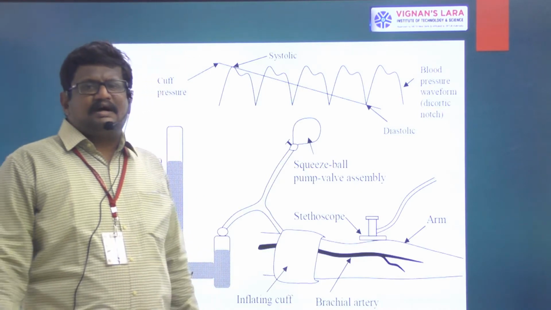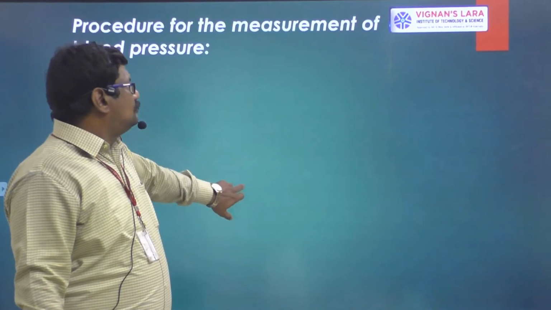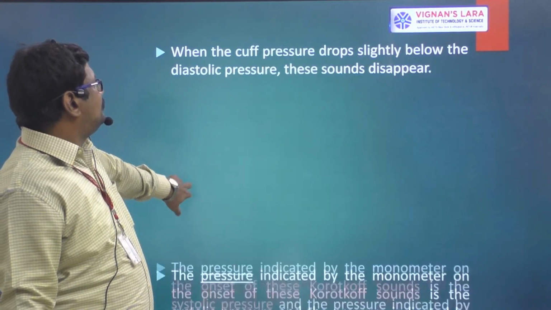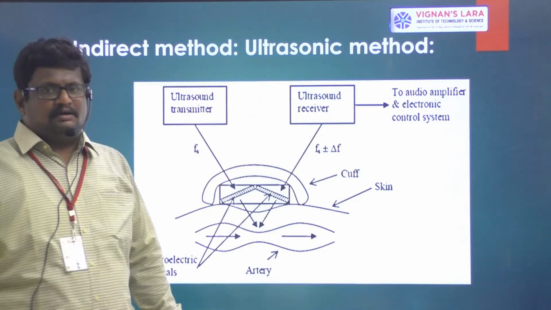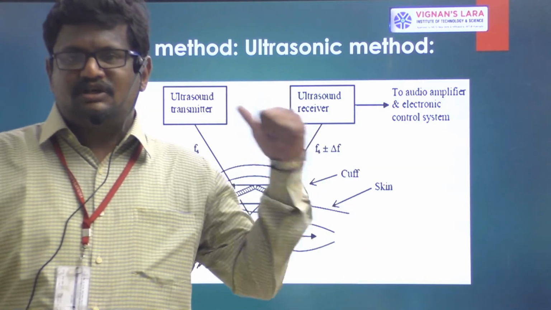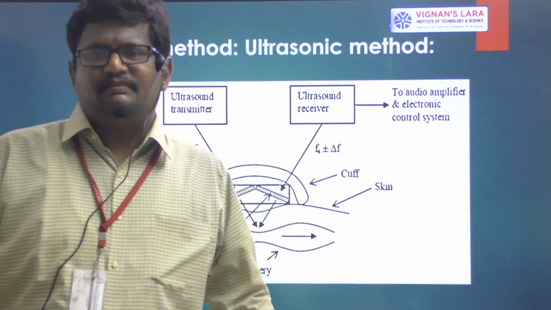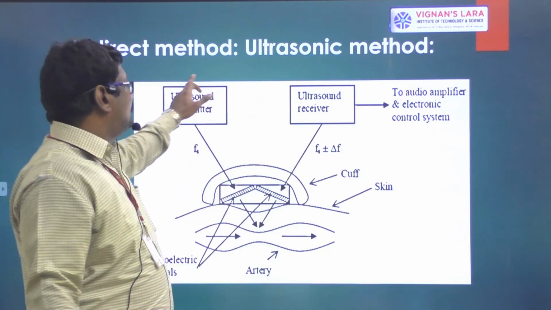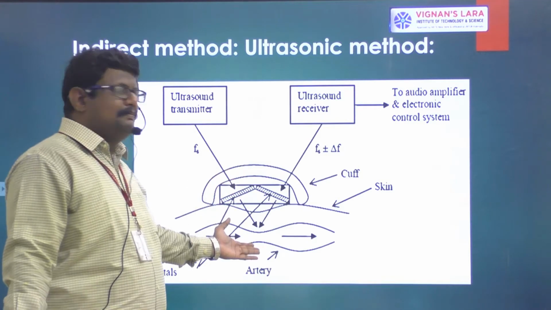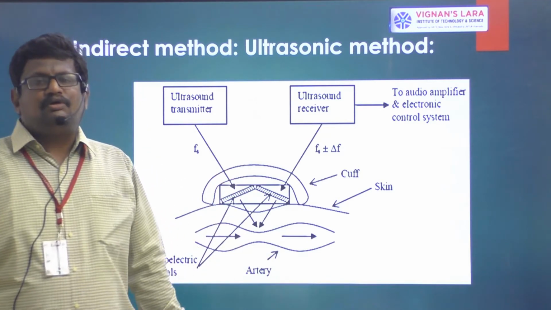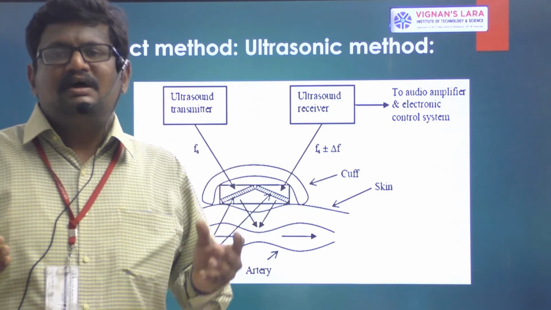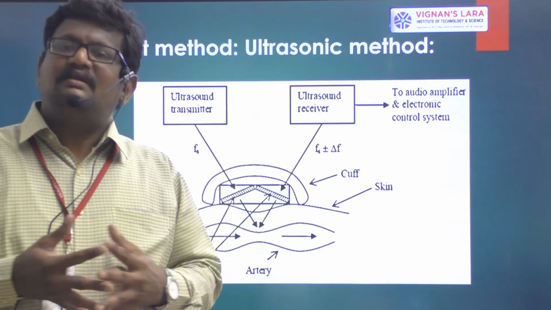Similar to the indirect measurement of BP, today we are going to see the next extension, the ultrasonic blood flow meter. Just like the indirect method of blood pressure measurement, this is also an indirect method, but here an ultrasonic crystal is placed between the cuff and the patient's arm. Here we are going to use the Doppler shift of frequency. So instead of hearing through the stethoscope, we are going to hear the Doppler shift in frequencies.